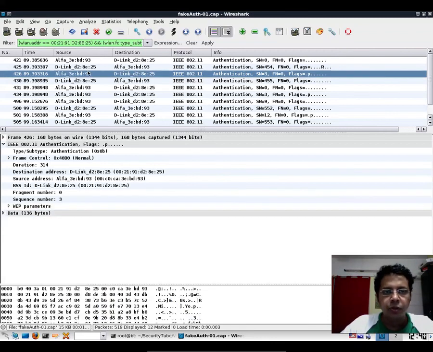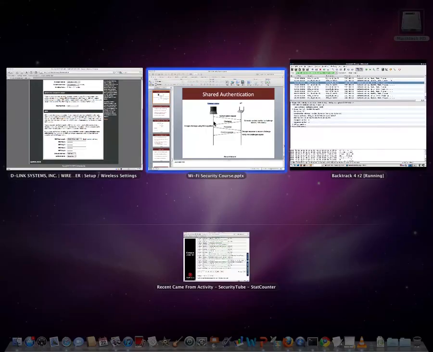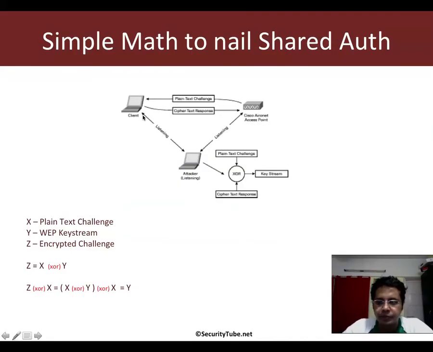Awesome. So our Alfa card used the same initialization vector and the key stream it had derived from the authentic and authorized client and AP exchange to fake this authentication, right? And this is how it is possible to break shared key authentication.